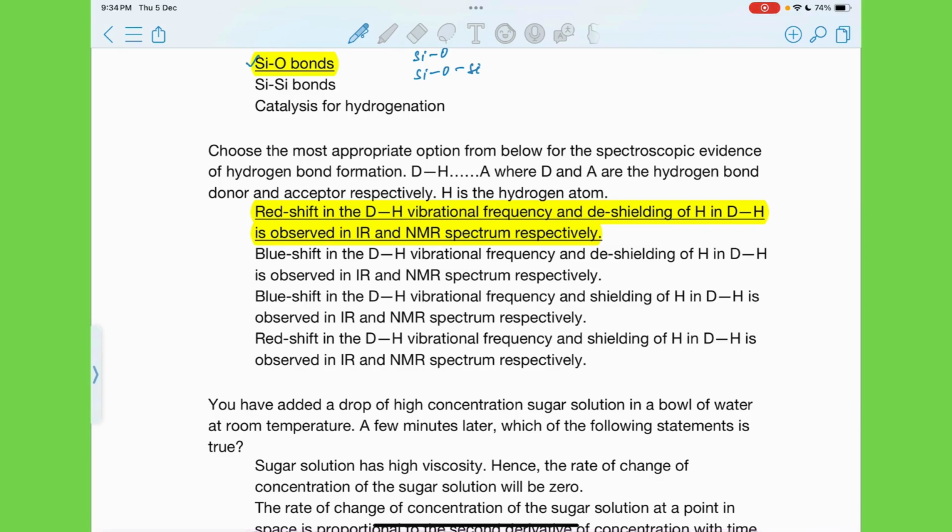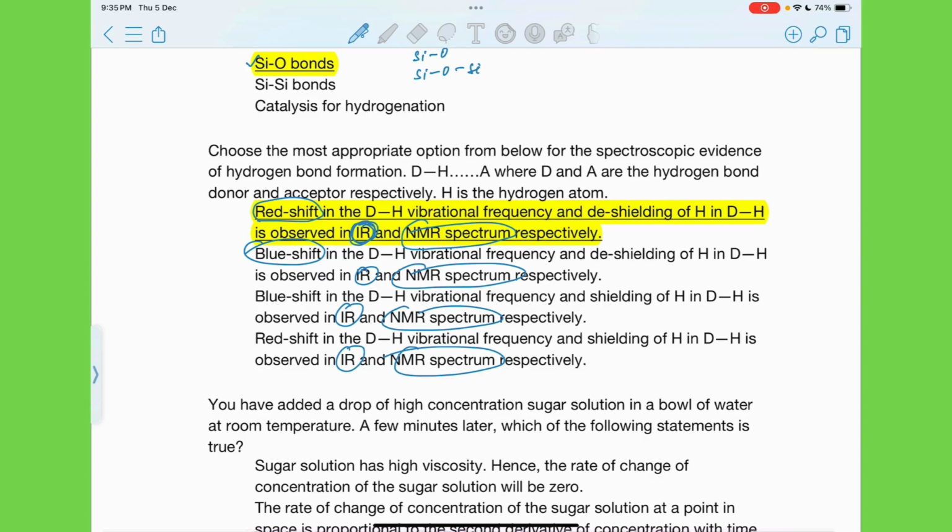Okay, so some terms which we see common in all the options are red shift and blue shift and IR and NMR spectroscopy. NMR spectrum, sorry. So let's talk about, for the first,